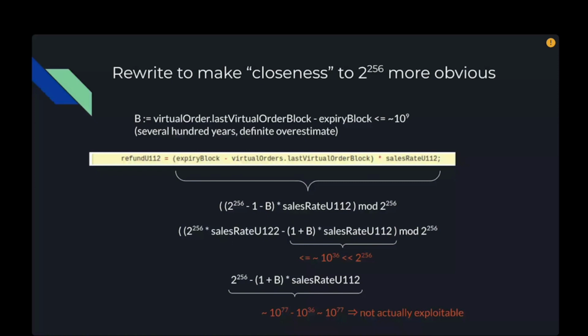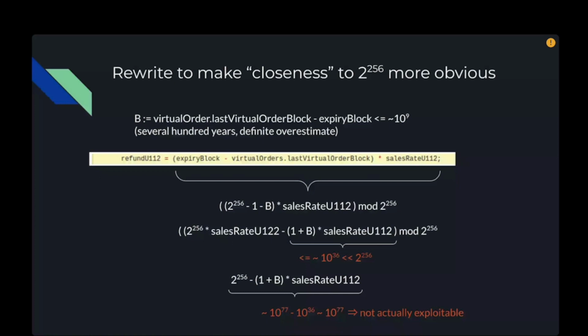And so you have something that's like 10 to the 77 minus something that's a lot less than that, right? 10 to the 36 sounds big, but it's a tiny, tiny fraction of 10 to the 77. So this is still basically 10 to the 77, which is way more tokens than are ever going to be in the contract. So it turns out that this is not actually exploitable,